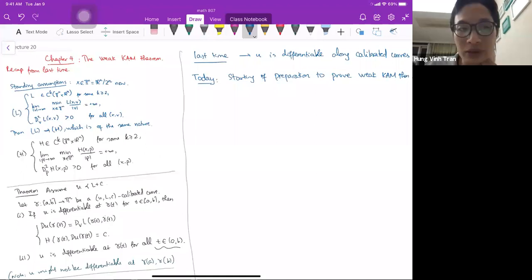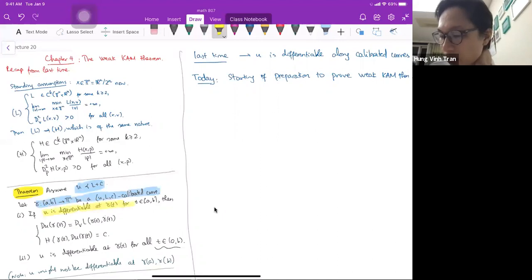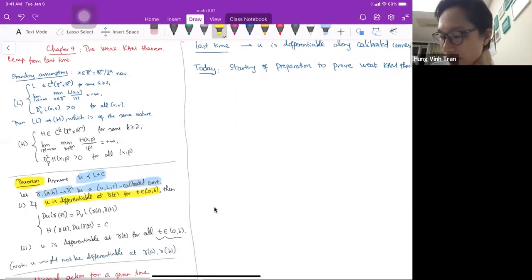So last time, I'm recalling quickly here, we have shown a very, very important result. The theorem last time, again, is theoretically very important, and in various scenarios it plays an essential role: if U is dominated by L plus C, and if gamma is a U, L, C calibrated curve, then U is differentiable along the calibrated curve except at the two endpoints,